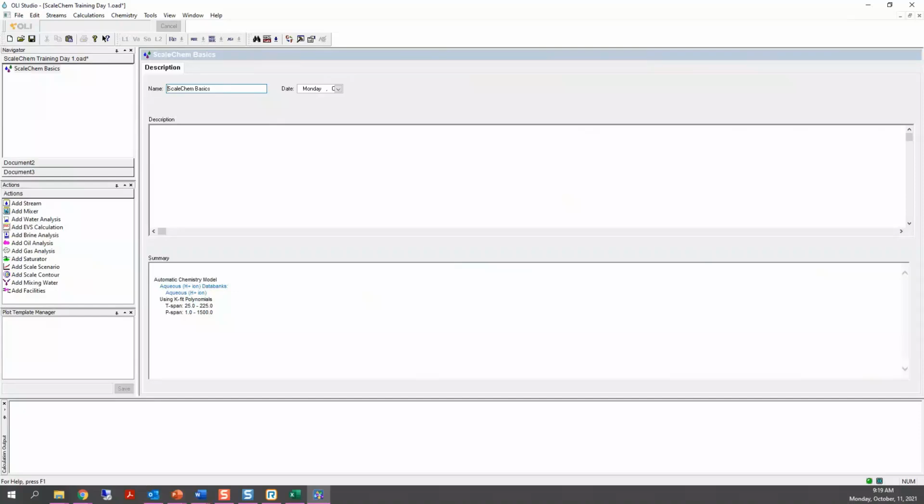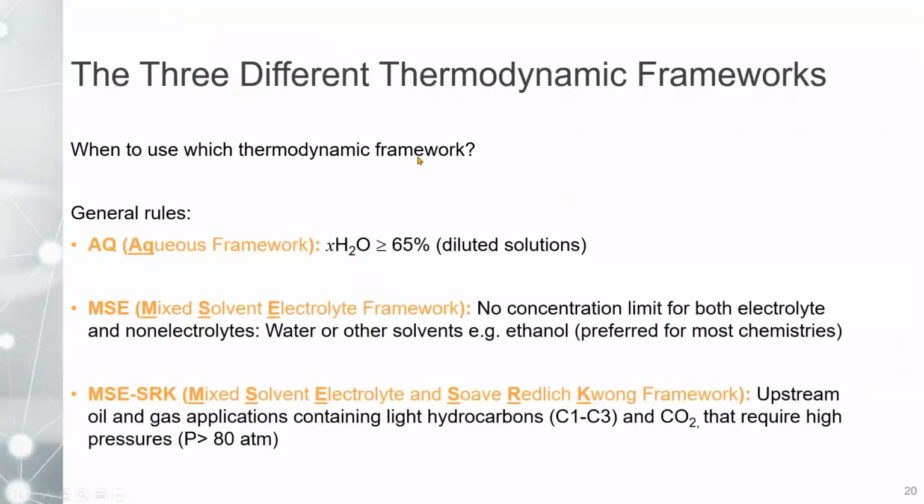So then you may ask, which thermodynamic framework do I need to use for my calculations? Out of these 3 frameworks, which one do I use? And this slide is very important because in here I am putting some general rules where basically we can decide which thermodynamic framework we can use.